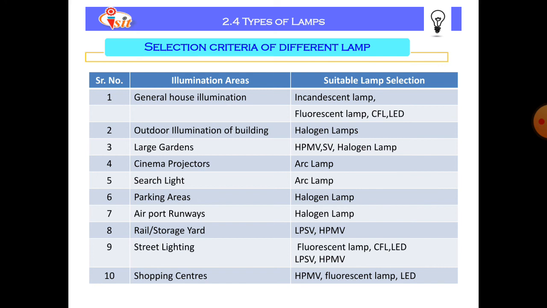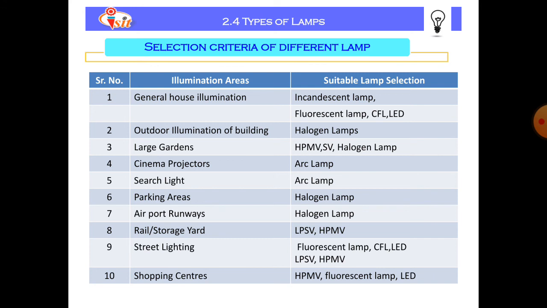Here the table shows the selection criteria for the different lamps, that is, according to premises or use, which lamps are suitable for that premises. The first one is general house illumination. For that purpose we can select incandescent lamp, fluorescent lamp, CFL or LED.